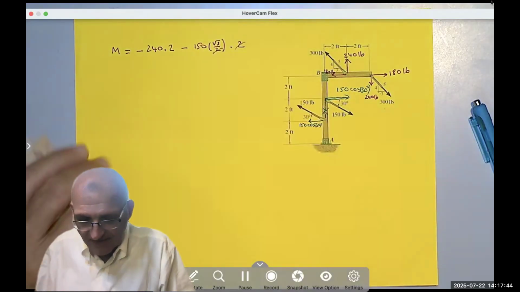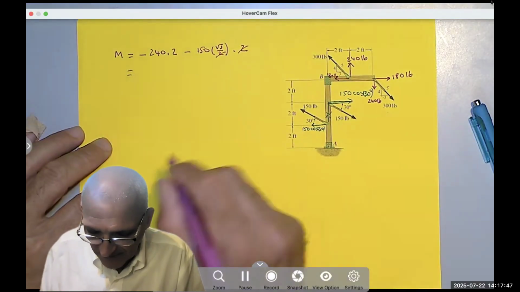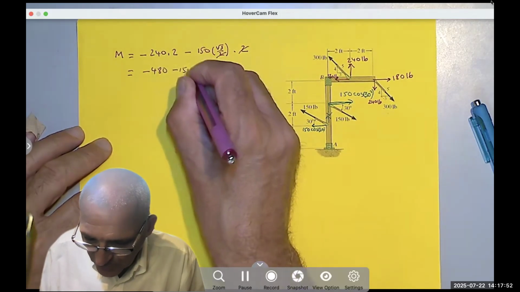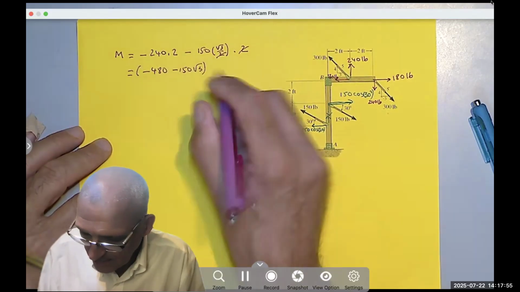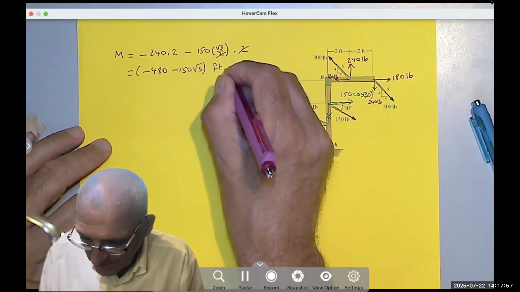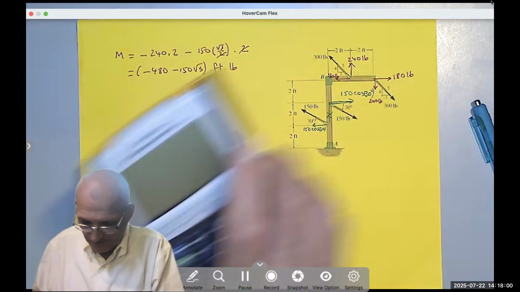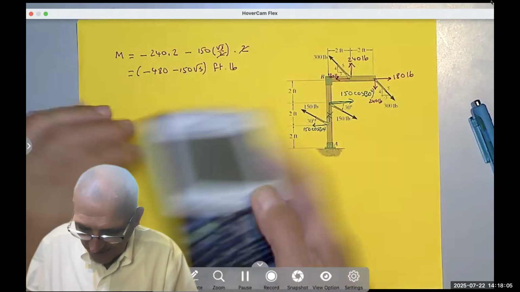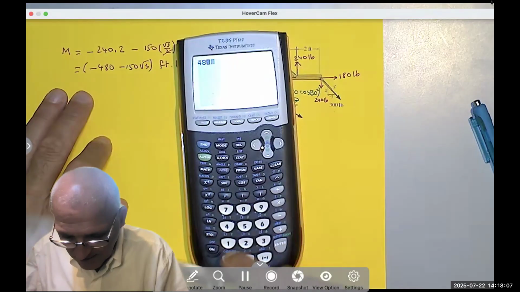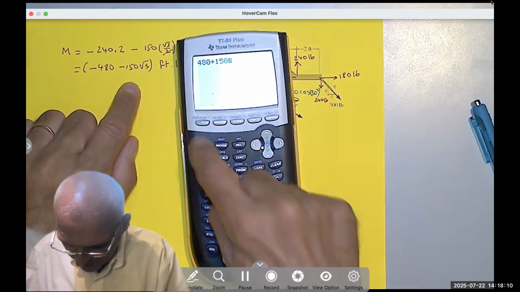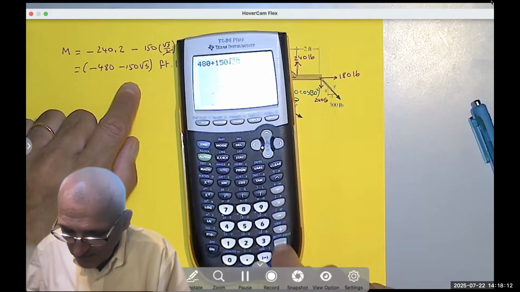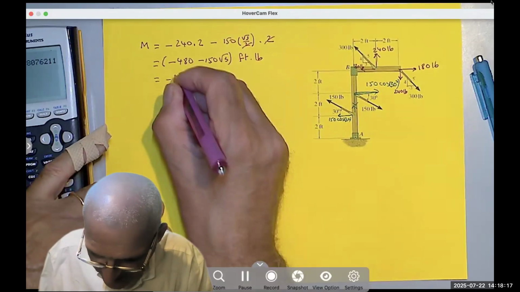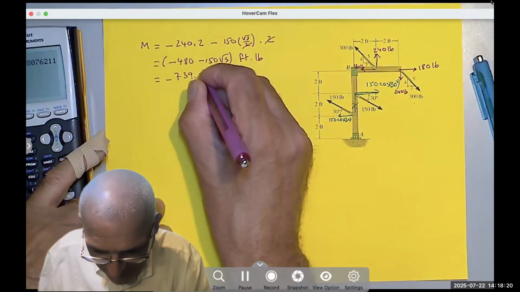So the 2 and the 2 cancel, and you get negative 480 minus 150 root 3 foot-pound, or pound-foot. Okay, so we say 480 plus 150 root 3 equals, so the moment here is negative 739.8